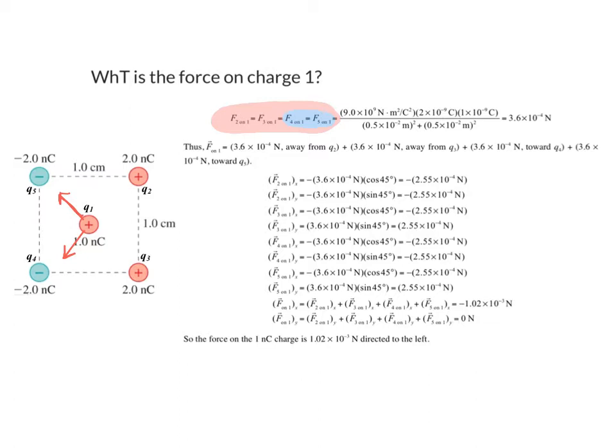Charge 4, the bottom left-hand corner, it's going to do the same thing that charge 2 is doing. It's going to pull charge 1 to it with the same amount of force that charge 2 was pushing. And then charge 5 on 1 is going to be the same business. So just a little bit of upfront thinking. Here's the thing that you can see in the bottom line. I know it's going to go to the left